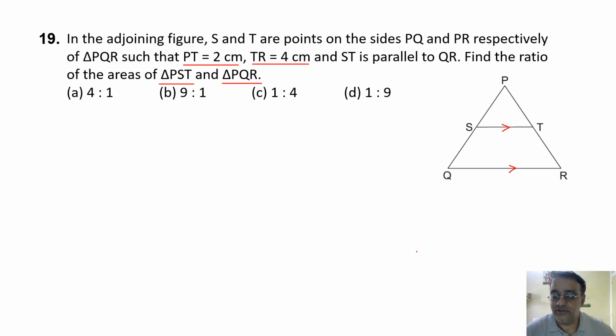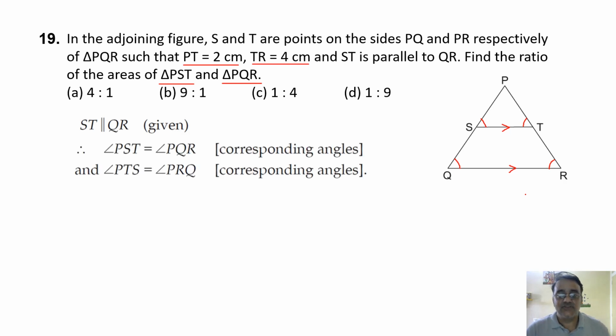Okay, so it is very easy to prove similar because these two angles are equal. Why? Corresponding angles. Very good. And these two angles are also equal. Corresponding angles. Right. So ये दोनों हो गया. Now these two triangles are similar. By which criteria? AA similarity. Very good. If these two triangles are similar, so we can use theorem 6.6.